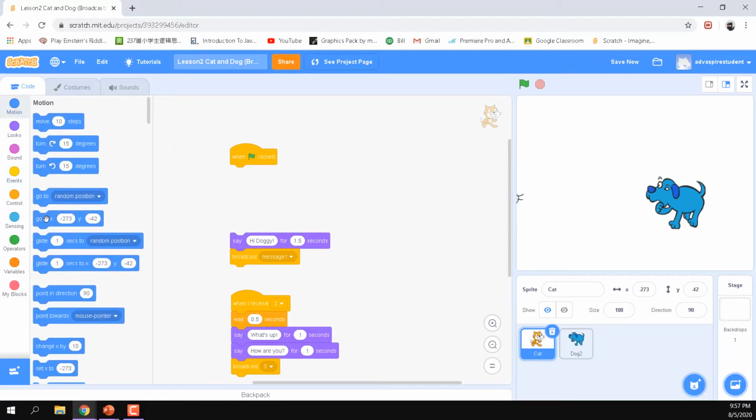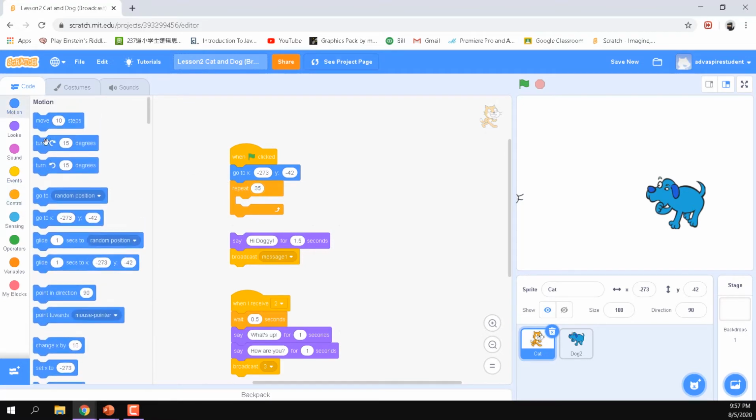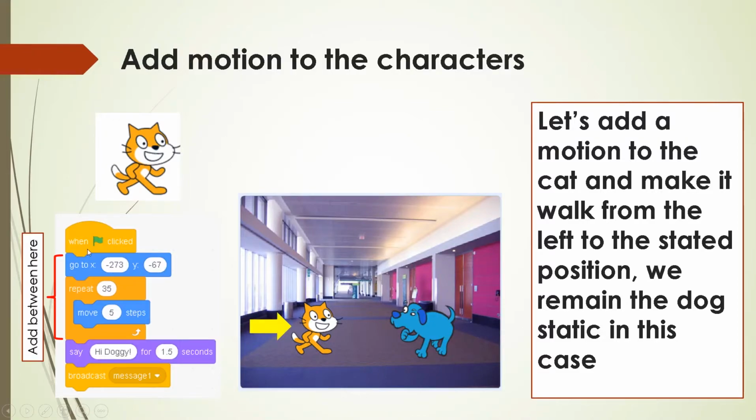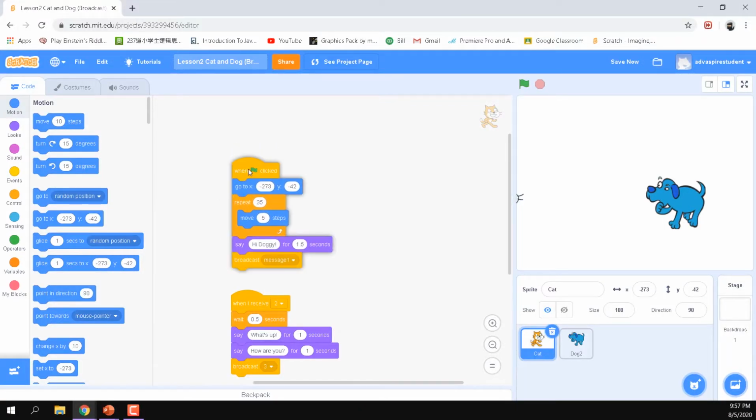So set the position to x equal to negative 273 and y equal to negative 42, and repeat 35 times to move forward, so it looks like moving into the scene. This is 5 steps before saying hi doggy. So the end result will be like this: the cat moving inside and saying hi.